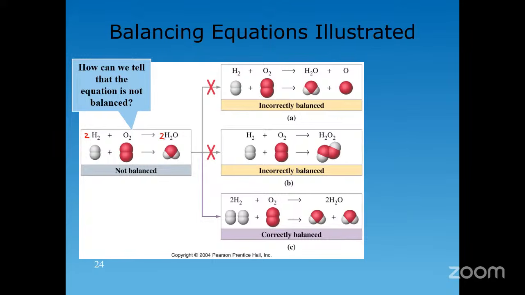So that's a relatively simple example, but what I've just shown you is basically how you go about balancing an equation. You just look from one side to the other in terms of the respective elements, and you make adjustments to the coefficients in order to achieve that balance. Okay, so with that said,